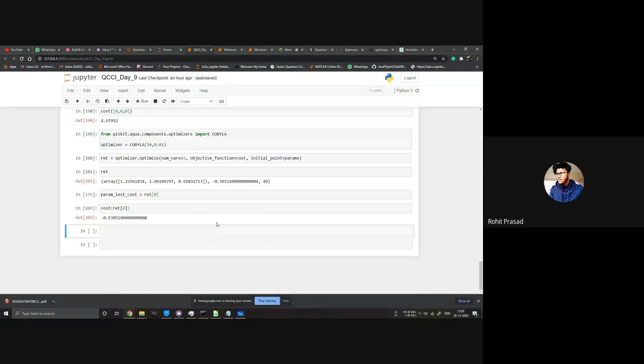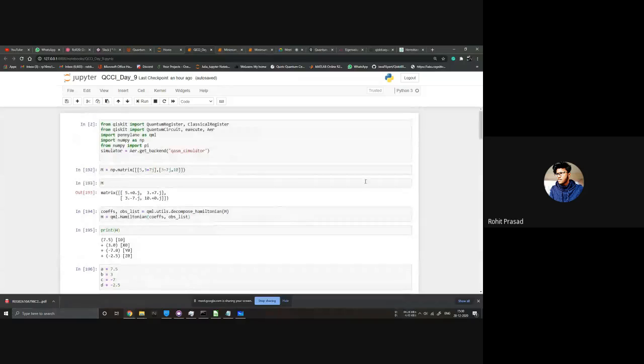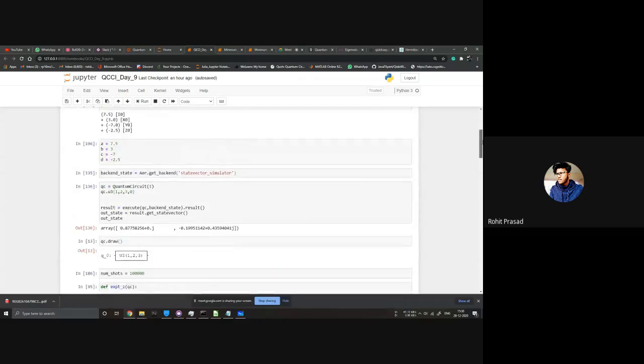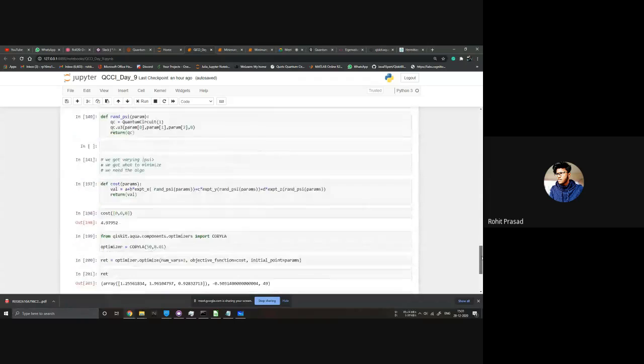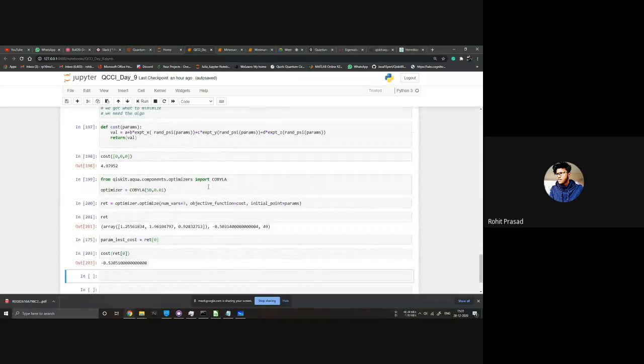So, do you guys have any more questions from this? You can try running this on a quantum computer as well, but for calculating each iteration, it will send it to the quantum computer, then take it back. So it will take a day or two. For each iteration, it will send the circuit to the quantum computer, it will be in a queue, then it will return the result, and then again it will send.